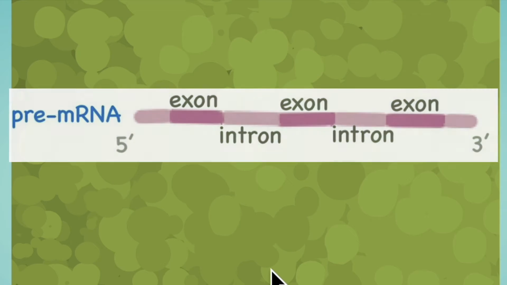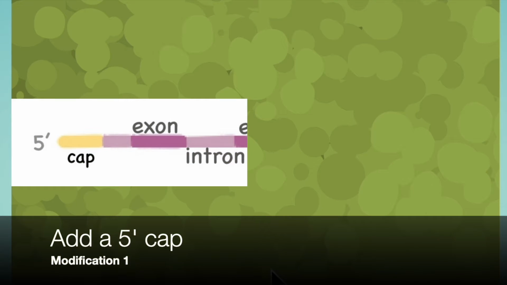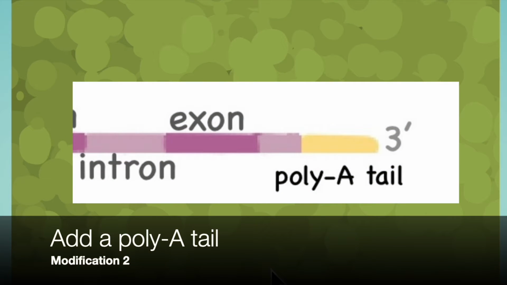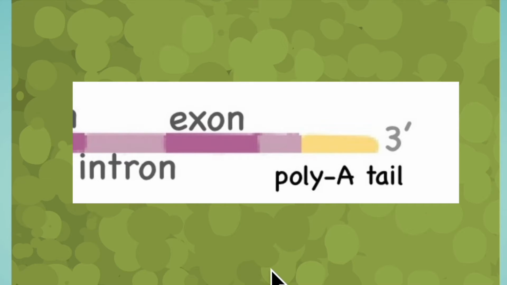However, what we get at this point is a pre-mRNA. So this is not a mature mRNA because we still need to do modification on it. And we need two types of modification. The first action is to add a 5' cap to the mRNA molecule. And we also need a 3' poly-A tail added on to our mRNA molecule, so that this molecule will not be destroyed by the enzymes in the cell, and the molecule knows where to go, how to leave the nucleus and go to the cytoplasm.